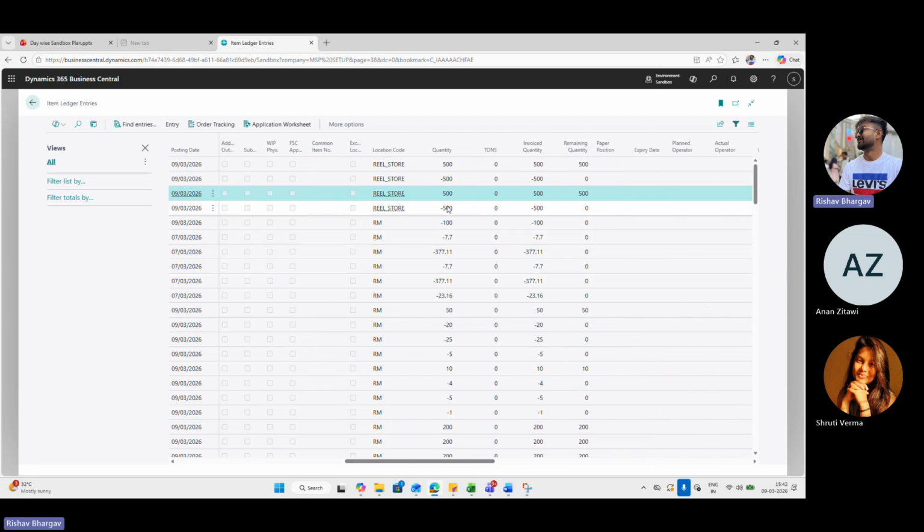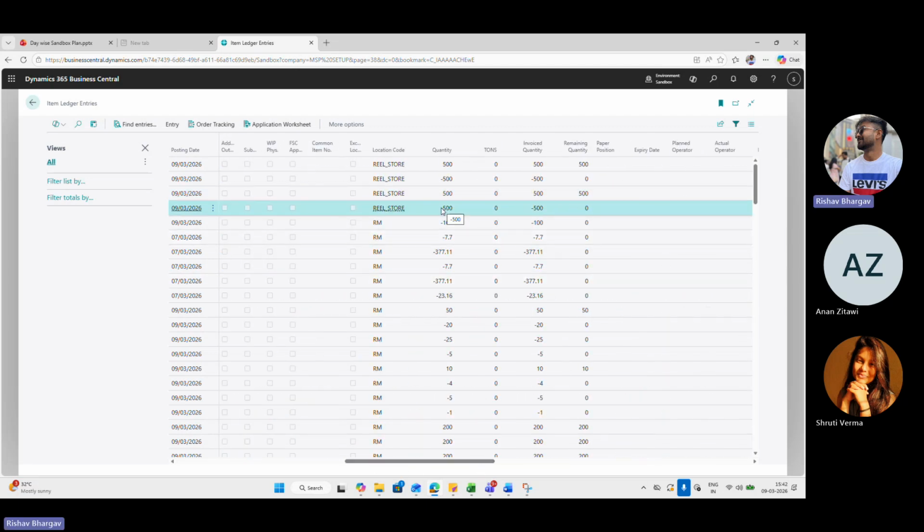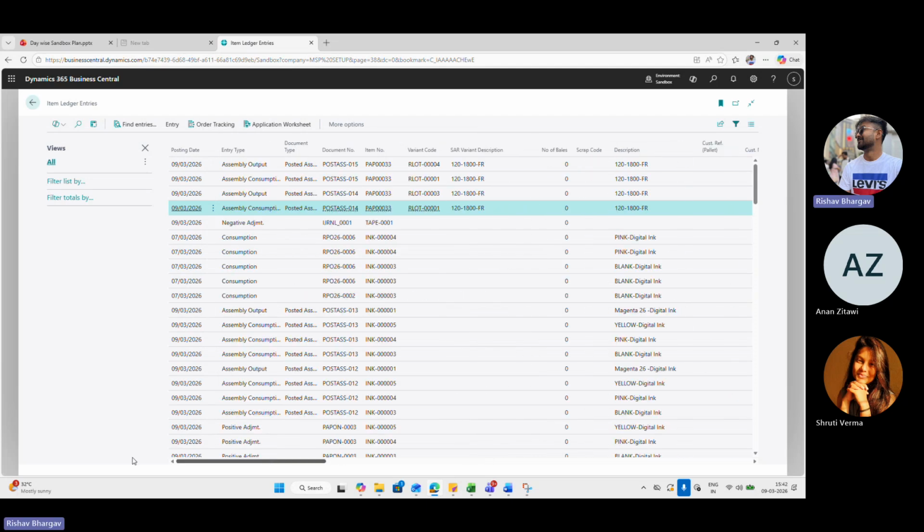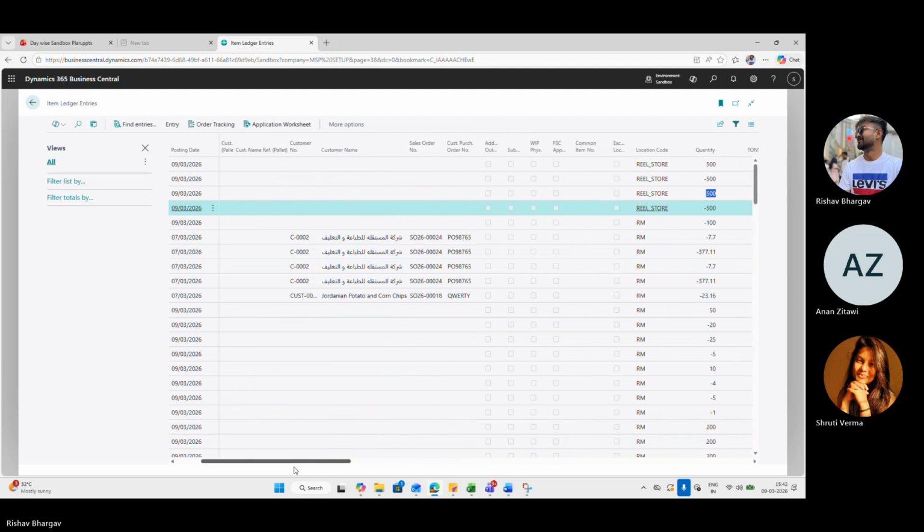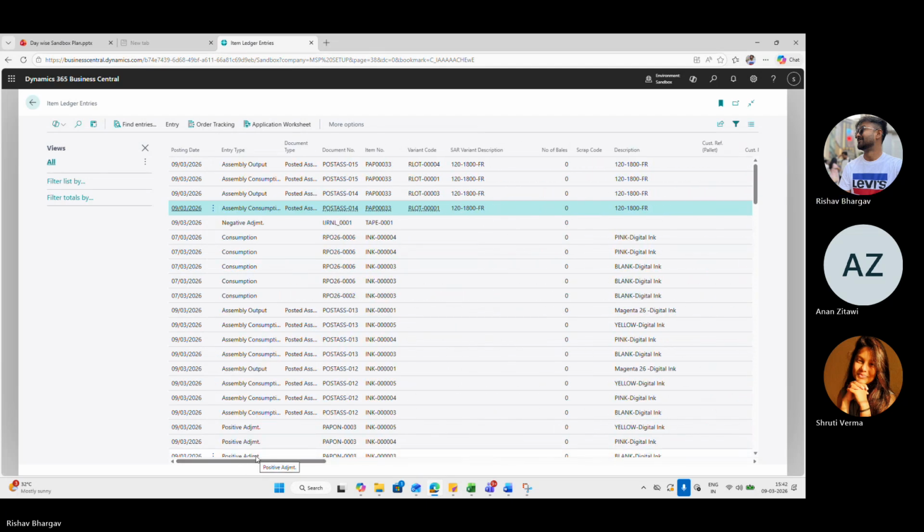The numbers show 500 quantity minus from reel store and 500 quantity plus from reel store for two new variants. Okay. Yes, okay, sir.